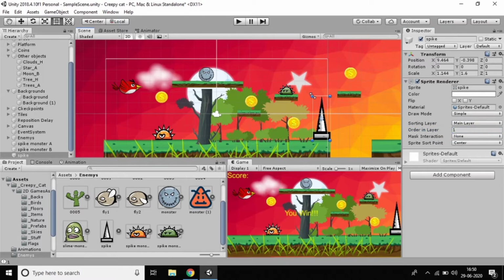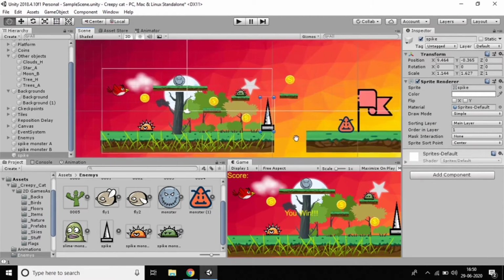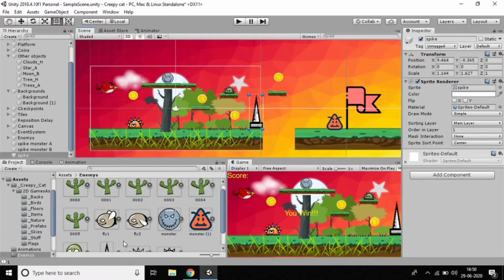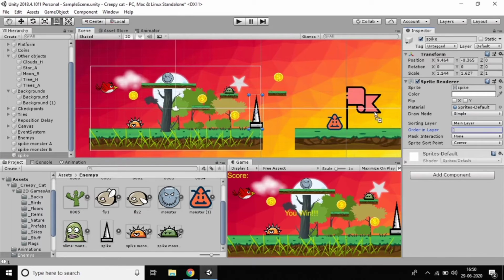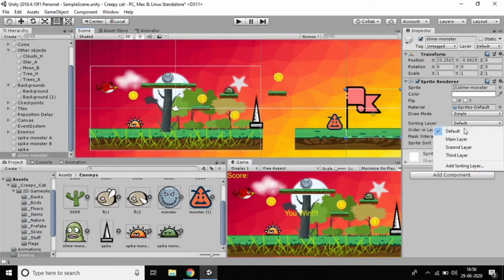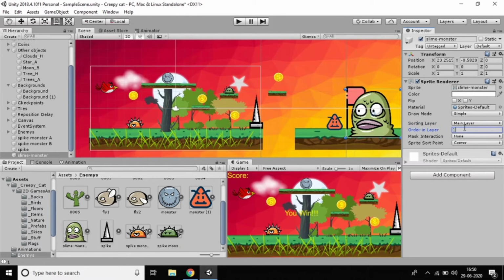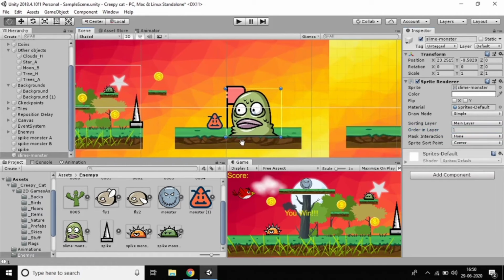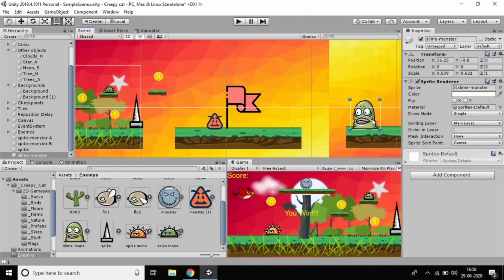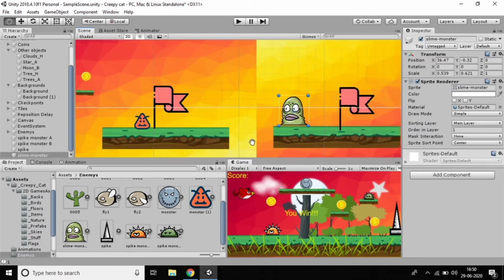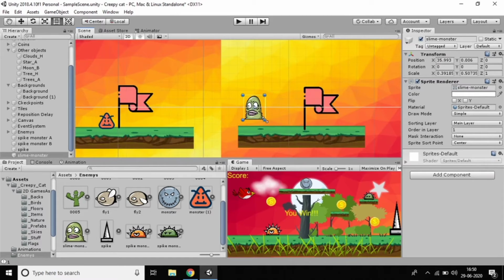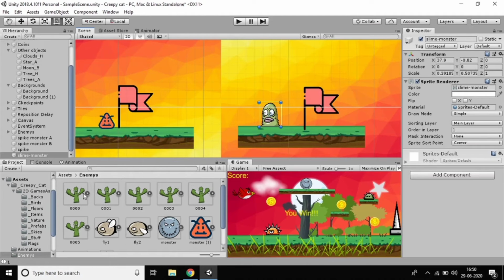If you want it big like this one, you can keep this one. And now you can add this one here, main layer one. Just drag, make this one small. So many enemies we are adding to our game, you can see. And we can add another enemy, which is the characters there.